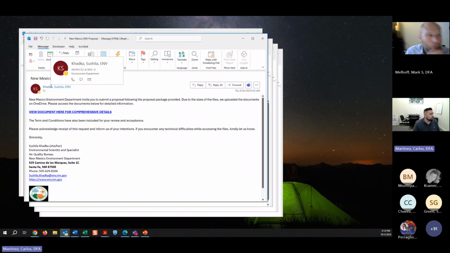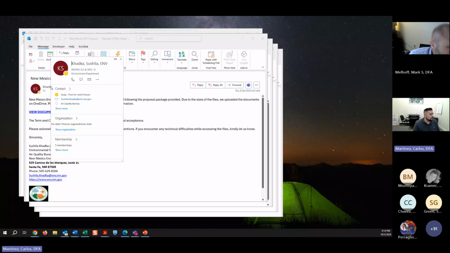So we have validated that the individual that was sending the email had been spoofed. However, this is a valid email address. There hasn't been any changes. So a lot of times when you click on the links, they're going to be able to compromise your email in order to move forward with that.